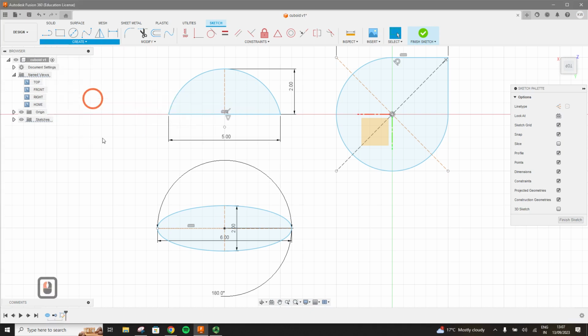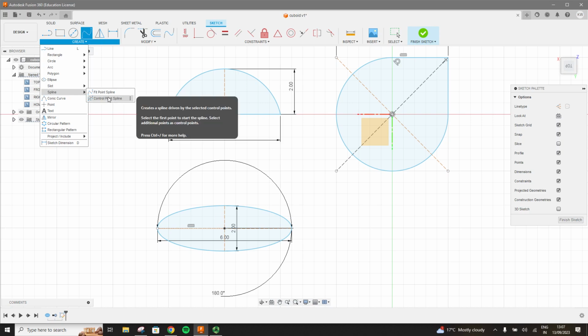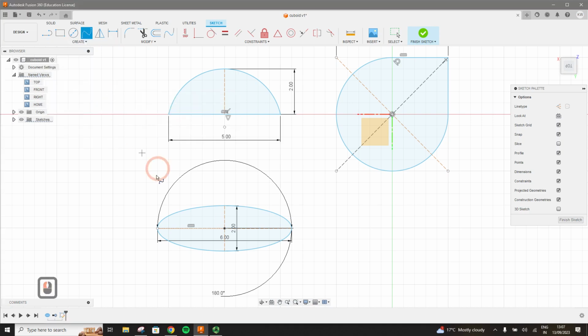Okay, a spline is basically a curved line which you can control and draw using two ways. So there are two types of splines: a fit point spline and a control point spline. Fit point is basically what it means. Wherever you click a point, the Fusion software will try to draw a curved line between those two points, like